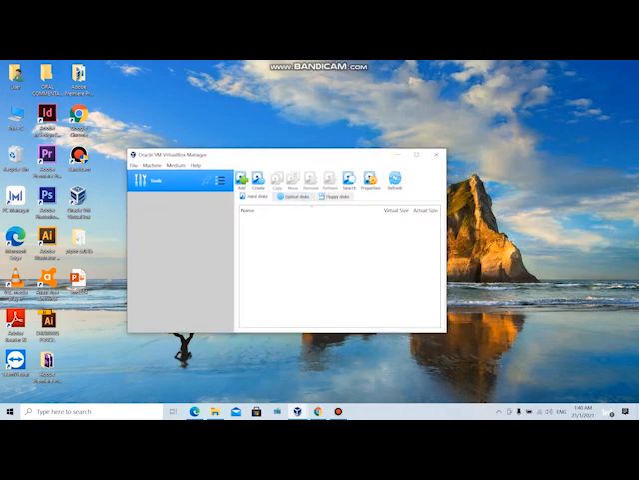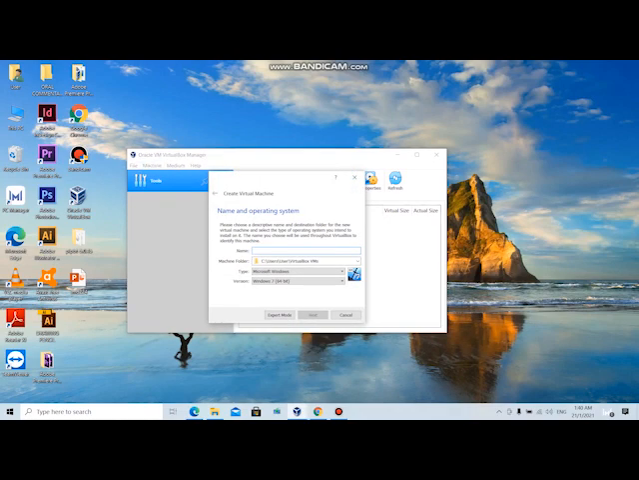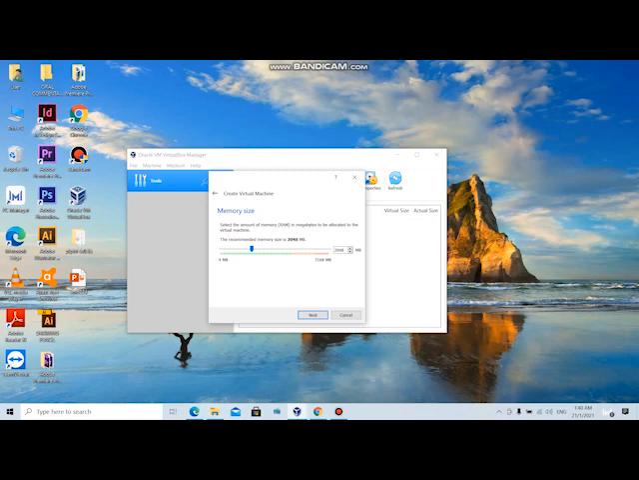As you can see, this is the VirtualBox menu, and use this as Windows 10. Then you click next. Depend on your computer spec, and then